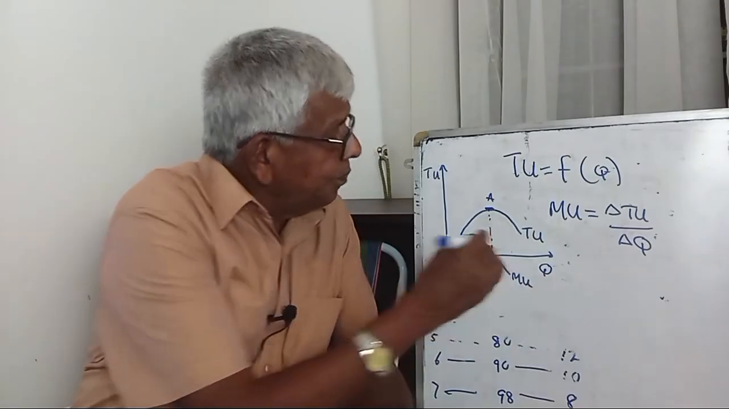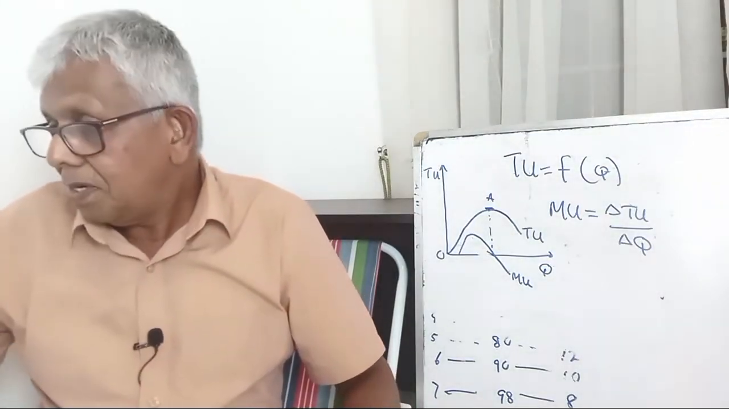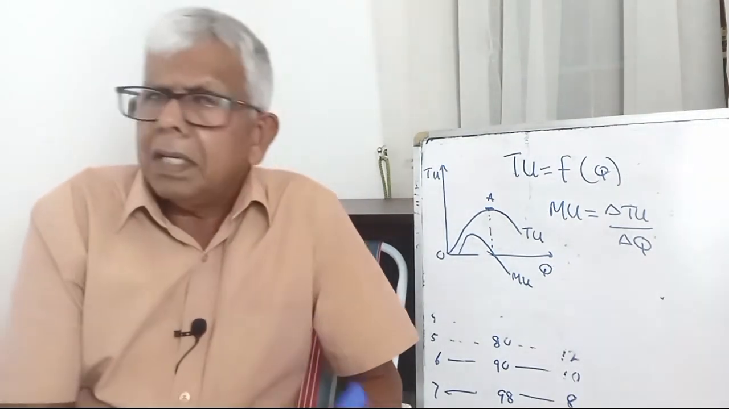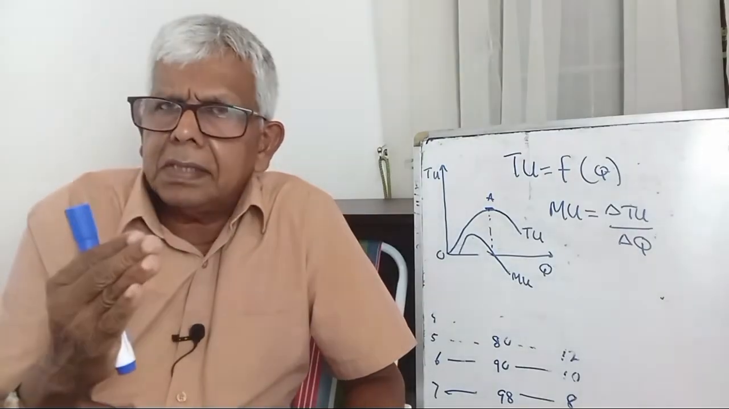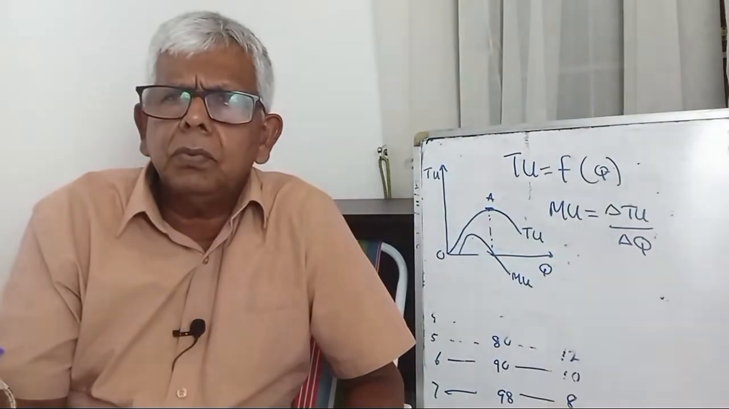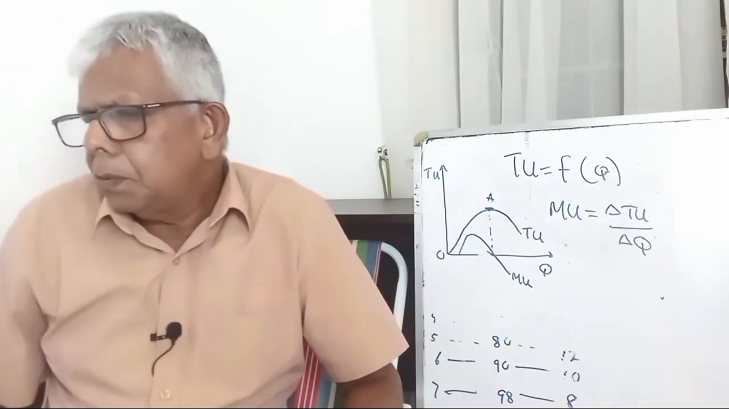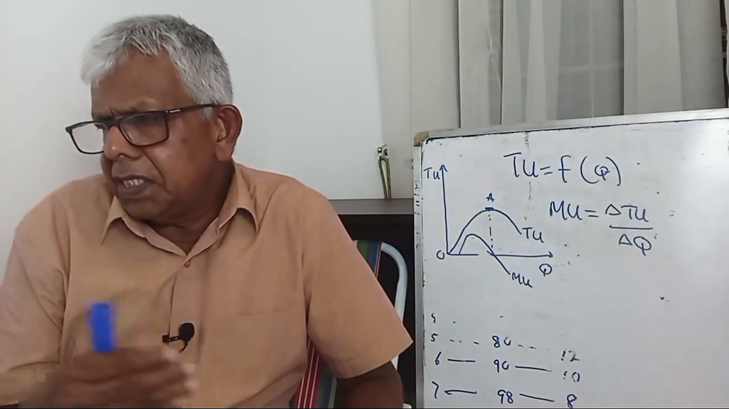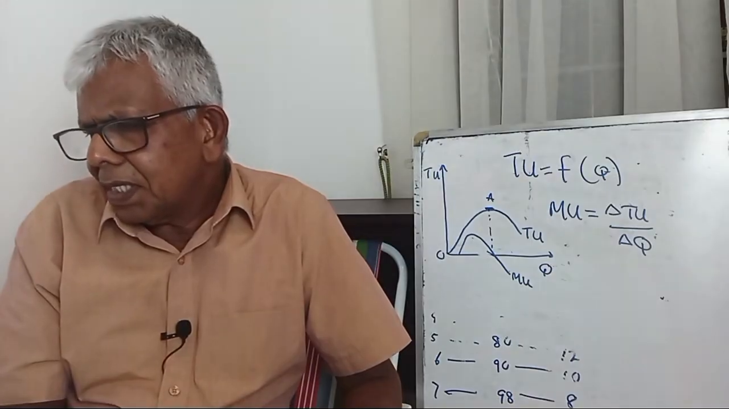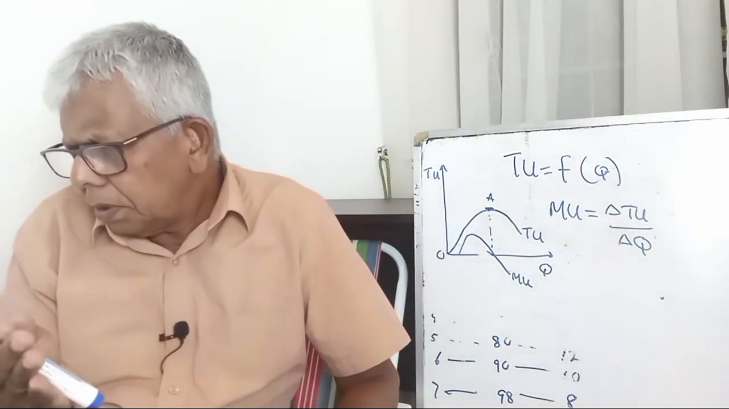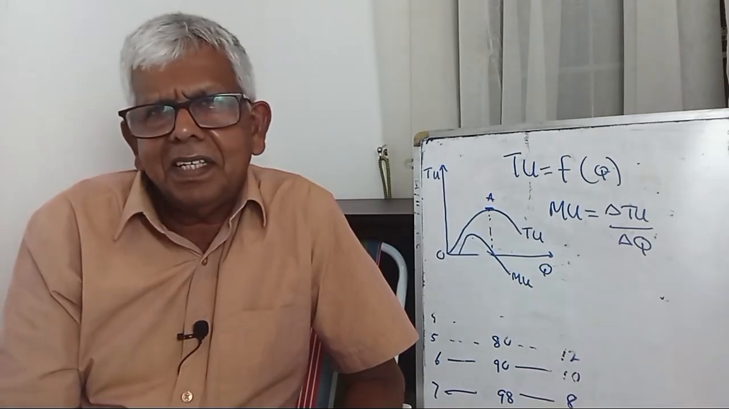Now always calculate MU. TU equals a function of Q. After that, MU equals delta TU divided by delta Q, where delta TU is the change in total utility and delta Q is the change in the number of units consumed. Okay. Today my lesson is